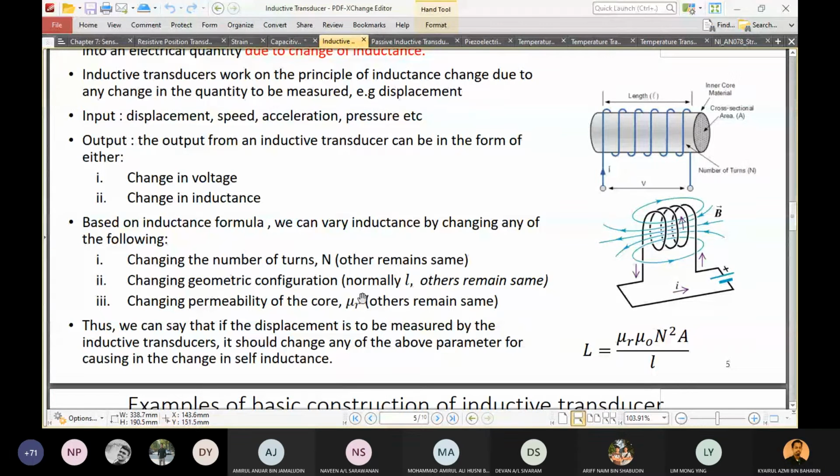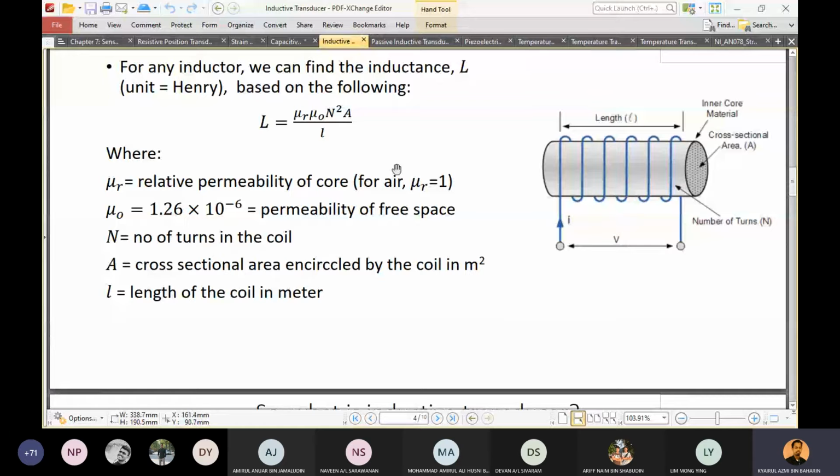Okay. The easiest is to increase the number of turns or decrease the number of turns. Look at the equation here, where it is squared now. So for example, if you want to significantly increase your inductance value, you simply add one loop and it becomes much bigger. So this is the most dominant in this equation. The number of turns is the most dominant parameter that can be used to modify your inductance level.